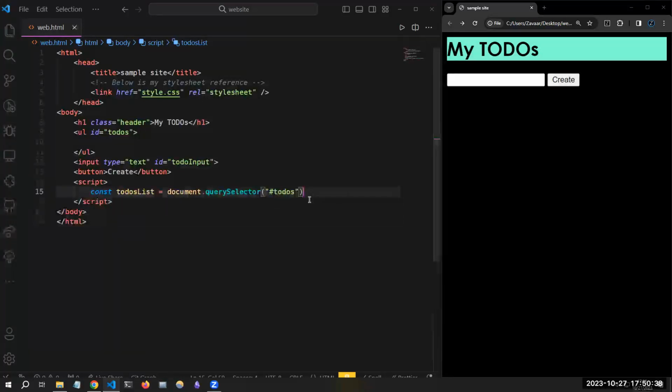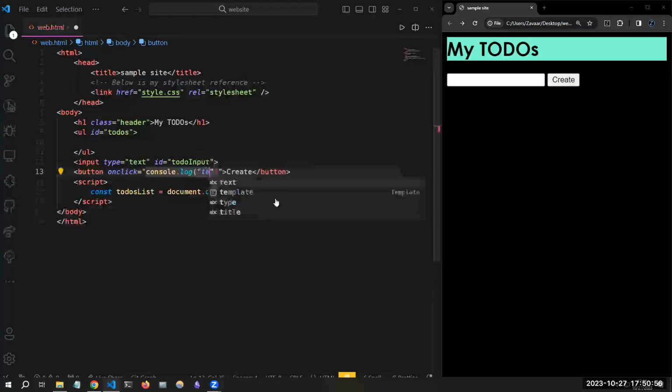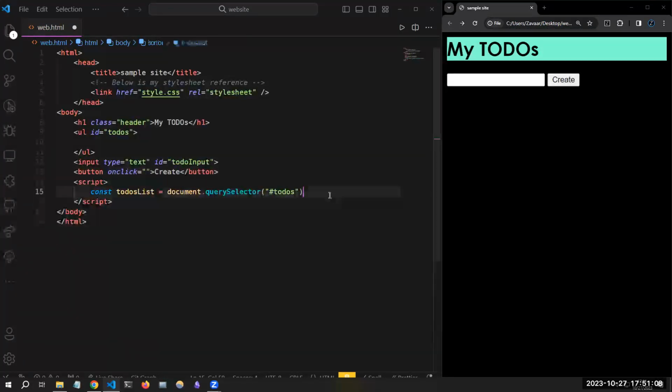Now we need a way to make this button work, this create button. To do that, I can put an attribute or a property here in the button called onClick, and anything inside of this string is pretty much JavaScript evaluated code. So if I do console.log test, that's not going to work. You need to have it be like a callback function. But believe me, if you bind it correctly, we actually have to create a function called createTodo. So let's do function createTodo,